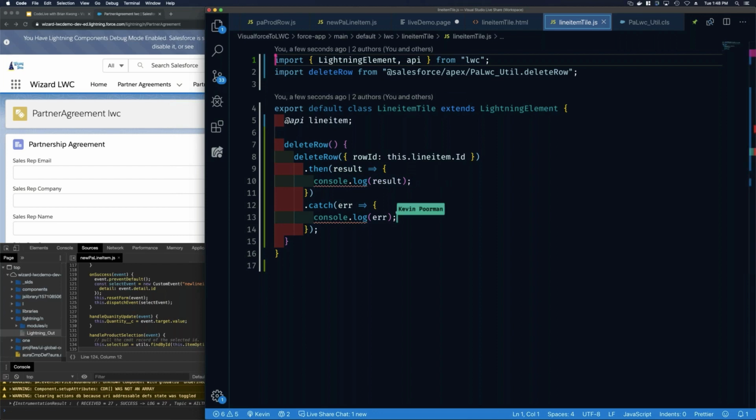Okay. Let's see if that lets us save. It's going to give me an error on console log because it doesn't like console log, but that'll work. We're not going to get an error from it. If we delete the row, we need to refresh the list. We need to refresh the list. And that's going to be